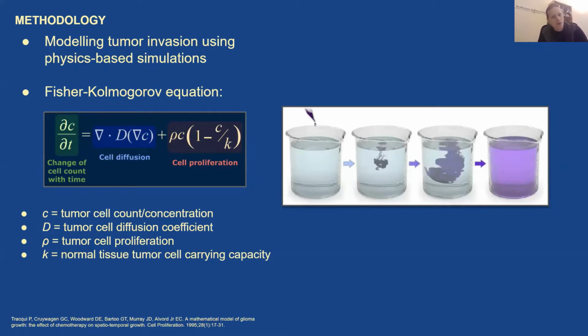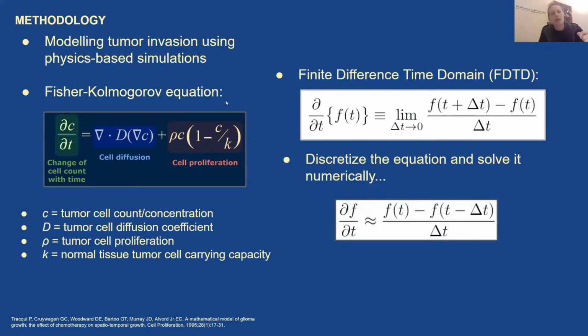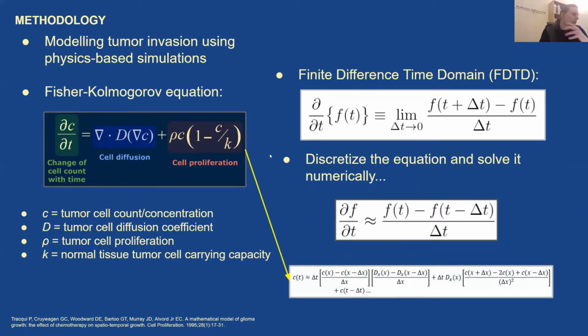We want to solve this equation and discretize it so we can use it in our computer. We use the finite difference time domain method for this. If this is the definition of differentiation, as delta t goes to 0, well, if delta t is small enough, that's good enough for us. It becomes a numerical approximation, and it's also discretized, so we can solve it directly. And here's just an example of what it looks like when you take the entire equation and discretize it and solve it using these methods. This is for 1 dimension. Of course, we did this in 3, but just to get a picture of it. This is easy for a computer to solve.